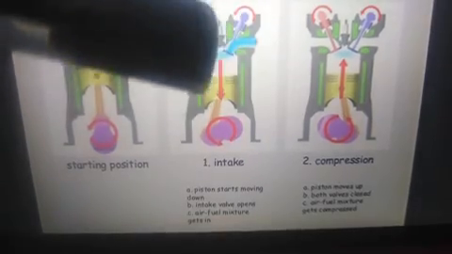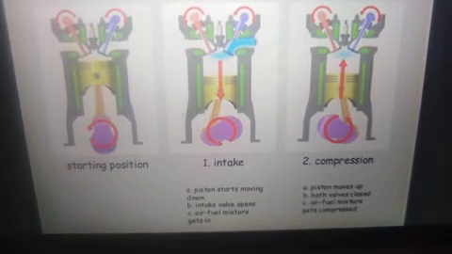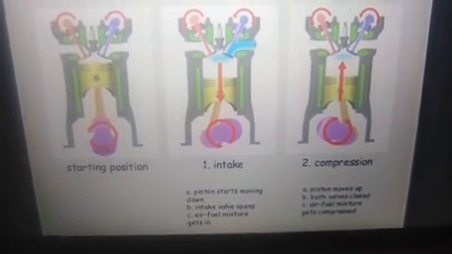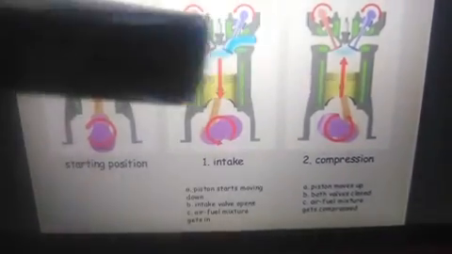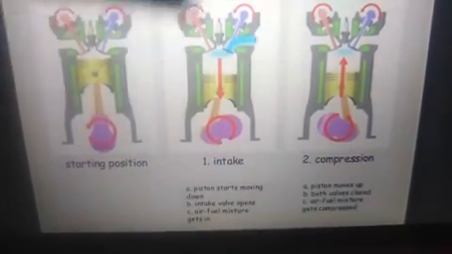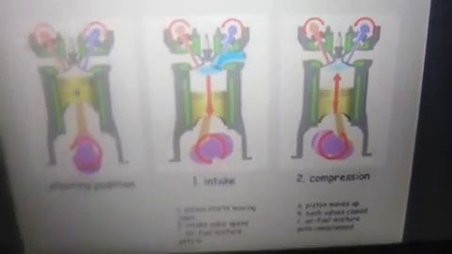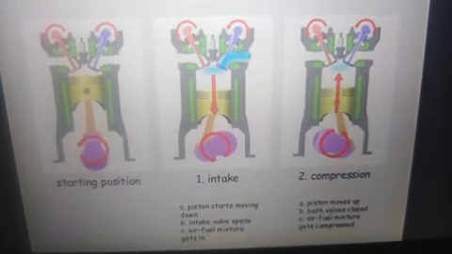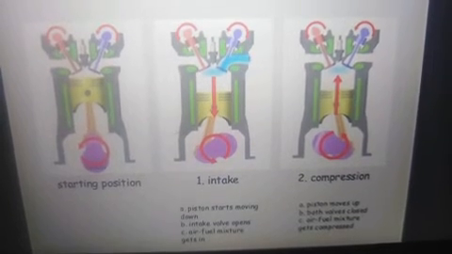It is easier for the intake valve to open due to the suction stroke or the vacuum created in the combustion chamber. Hence, as the vacuum increases, the inlet valve opens and air is let in. Air fuel mixture gets into the combustion chamber, which is the first stroke, the first 180-degree stroke of the four-stroke engine. That is the first revolution, 180 degrees. The first 180 degrees are the inlet stroke or intake stroke or suction stroke.